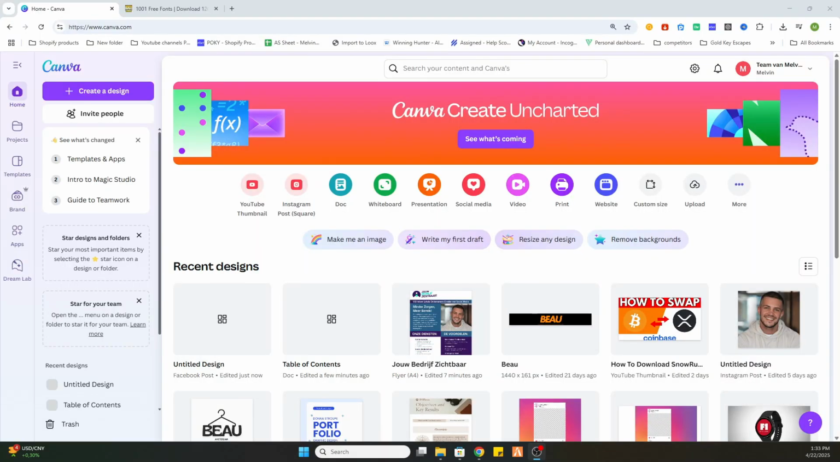Welcome in today's video on how to create curved text effects in Canva. So what we need to do is log into our Canva account, and before we start I would like